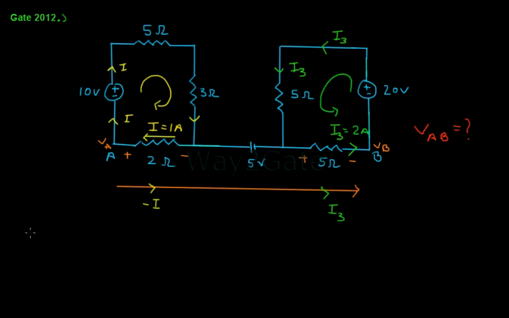Now VAB or VA minus VB, that is the potential difference between node A and node B, can be calculated as